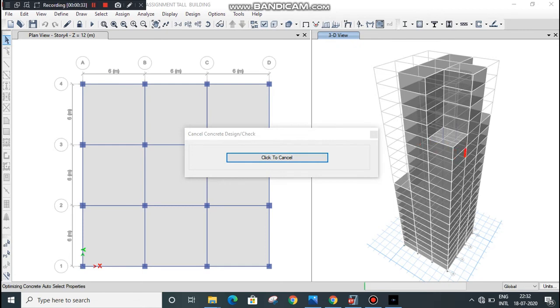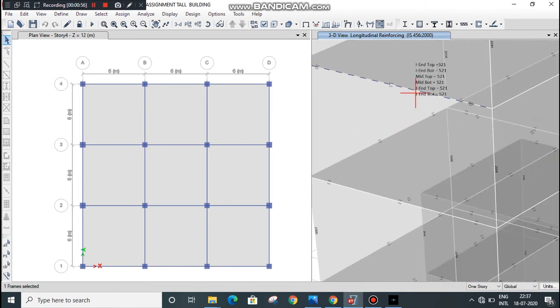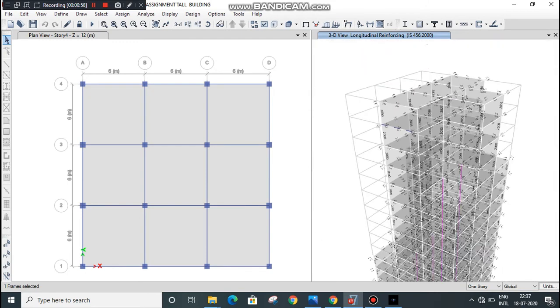Here you can see after analyzing, designing starts itself. It will take some time, depends on your software version, laptop. Our model has been designed. We can see the reinforcement in beams and columns, etc.